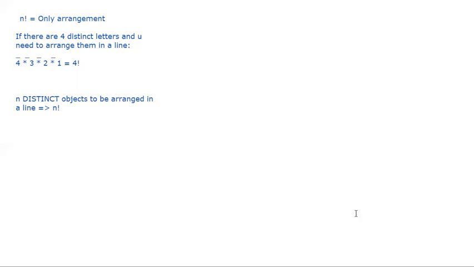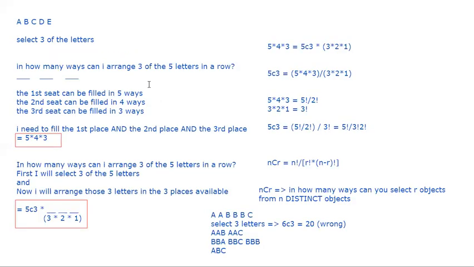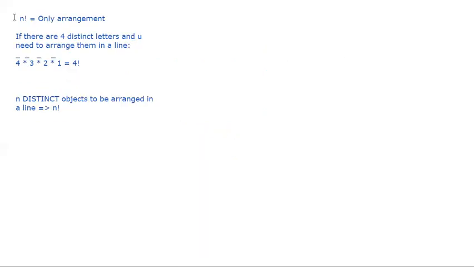But for the time being, you just focus on 2 aspects of permutation combination: selection, that's nCr. Why do we do nCr, and what is the formula? Why is that the formula? That's what we discussed today. And what does n factorial represent? n factorial represents just arrangement. Any doubts still here?